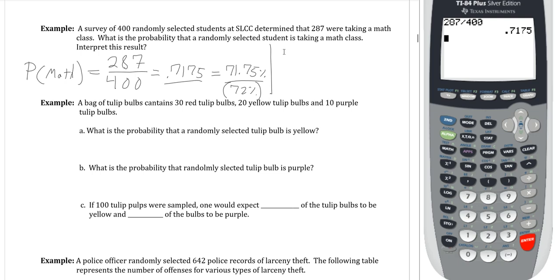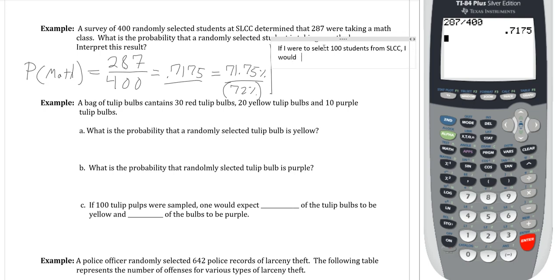And I'm going to type this one up. When interpreting a probability, what we're going to do is look at the percentage of that probability and consider what a percentage means. A percentage literally translates to part of 100. That's what percent means, part of 100. Likewise, we are going to interpret a percentage using that terminology in mind. So what I'm going to say is if I were to do something 100 times, how many of those times will have this quality? So for example, if I were to select 100 students from SLCC,